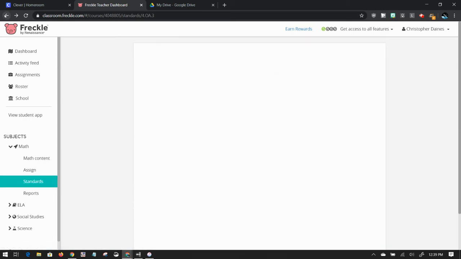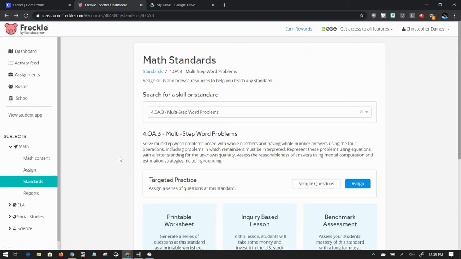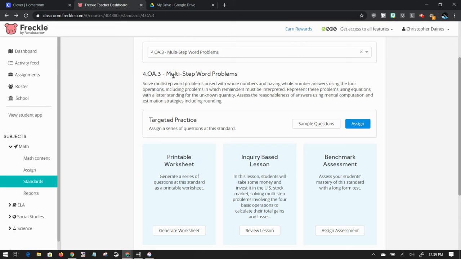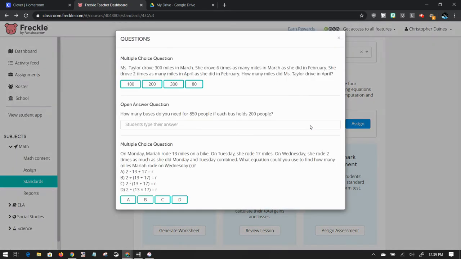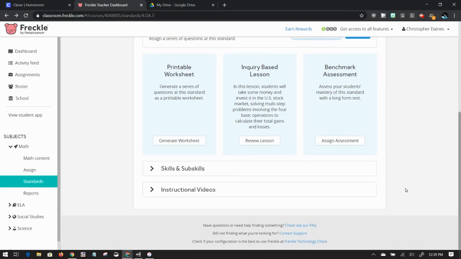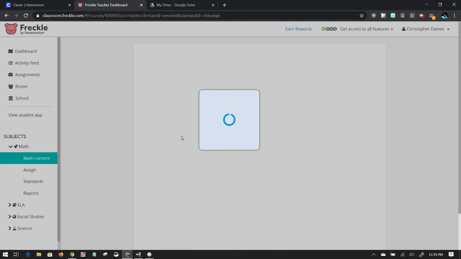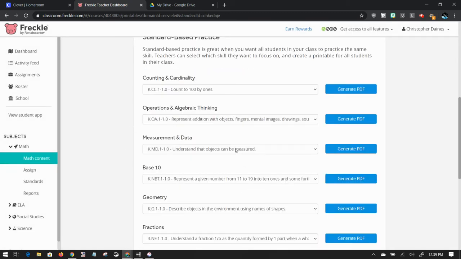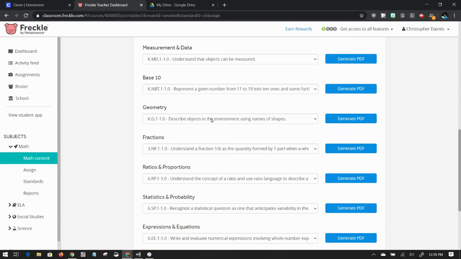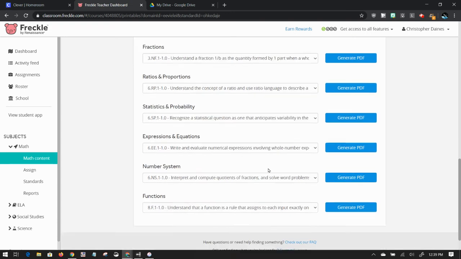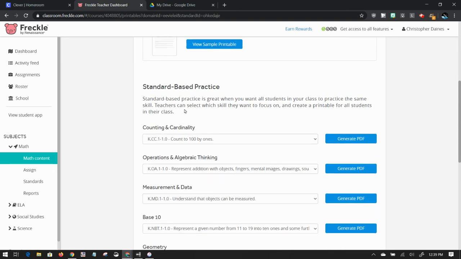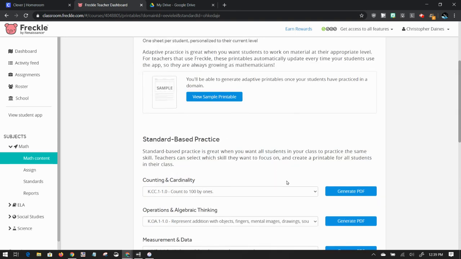If I go back to my standard multi-step word problems and I want to see what kind of sample questions they have for multi-step word problems, I can click on sample questions. It'll show me some of those word problems and some of their answer possibilities that they have. If I want to see what kind of worksheets they have, I can click on that. And I would have to come down here and find that specific because you would have to generate them. But if you're looking for sample problems to include in your lesson and you're unsure of where to locate some,